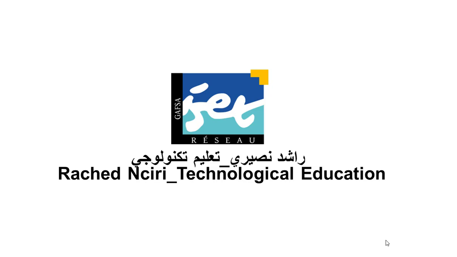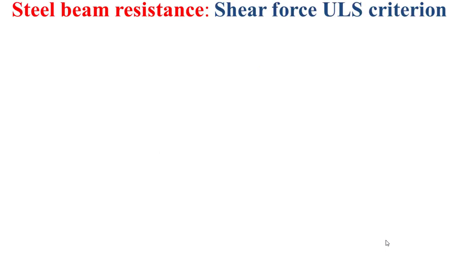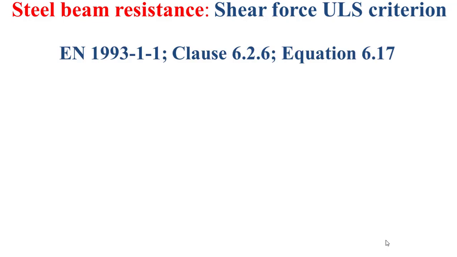Hi students, in this educational video I'll try to technically introduce steel beam resistance under the shear ultimate limit state criterion, of course as simply and as clearly as possible. Okay, let's go. The shear force ultimate limit state criterion is expressed by the Eurocode 3 standards,